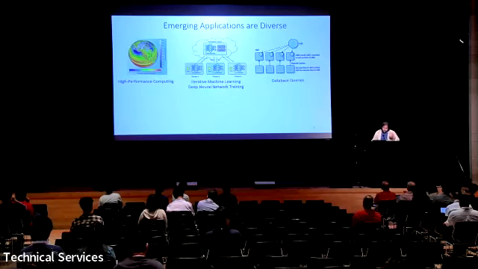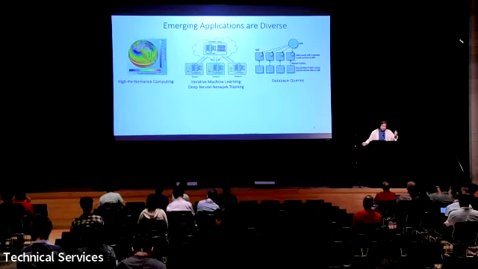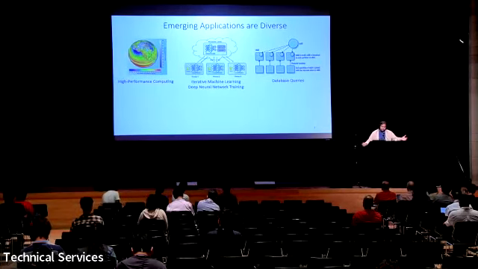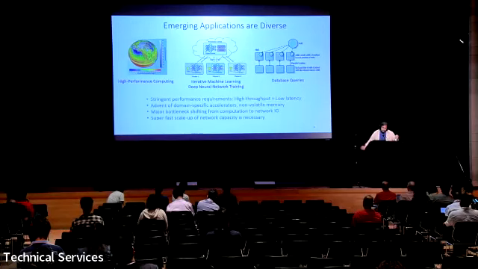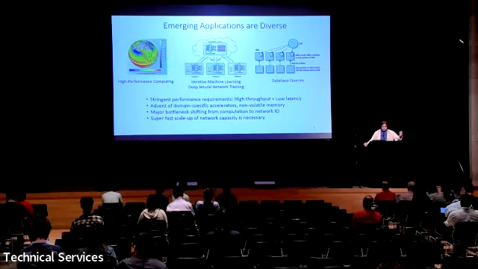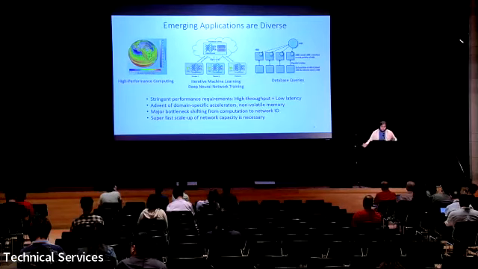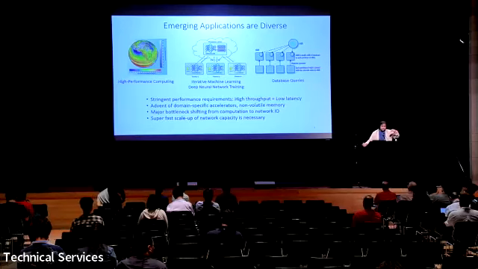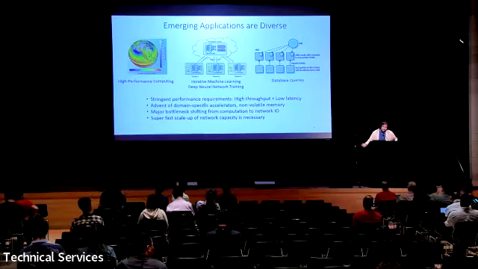Now, as we know, the emerging applications are diverse, like high performance computing, machine learning, deep neural networks, and so on. And they have really stringent performance needs, right? High throughput, low delay, and so on. On top of that, the advent of domain-specific accelerators like GPU, TPU, etc., makes the compute part really, really fast. So this leads to a scenario where the network is really the source of the problem, and the network has to cope with such increasing speed.